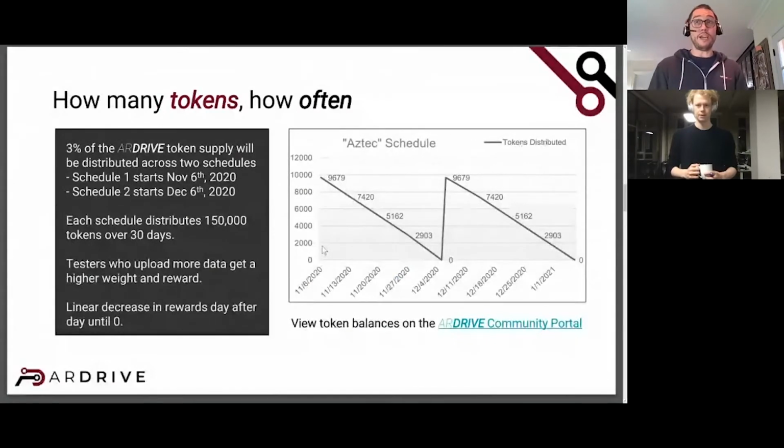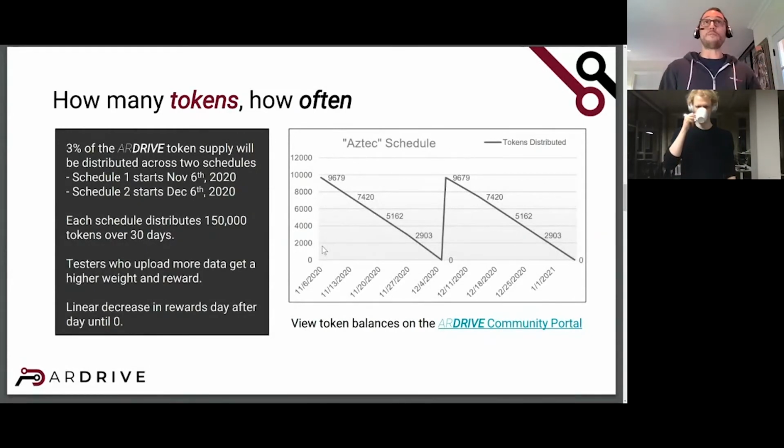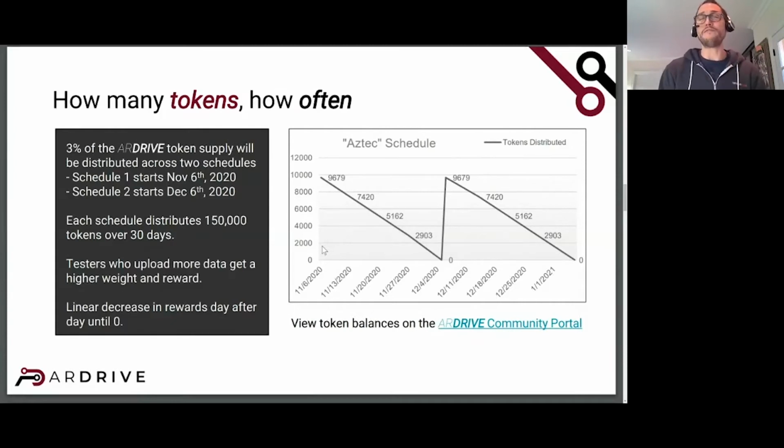So how many tokens, right? We spent a bit of time thinking about a good distribution rate, but essentially, over the next 2 months, we're looking at giving out 3% of our total token supply. Starting on November 6th is the first phase. The second phase is going to start on December 6th. You see here a simple little graph showing the distribution. Essentially, at the start of the phase, we're going to give out more tokens. As time goes on, the tokens get reduced day by day. So you can see how things go down. We'll start a second phase at the beginning of December, where again, the tokens get ramped up for that first day and then slowly go down to 0.